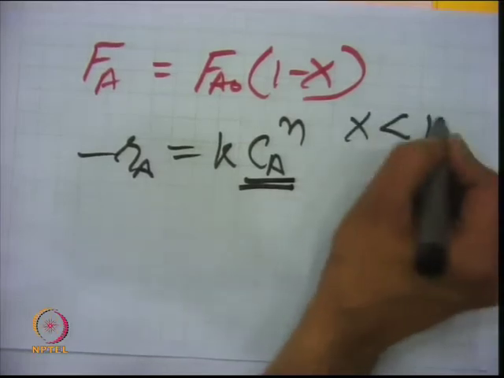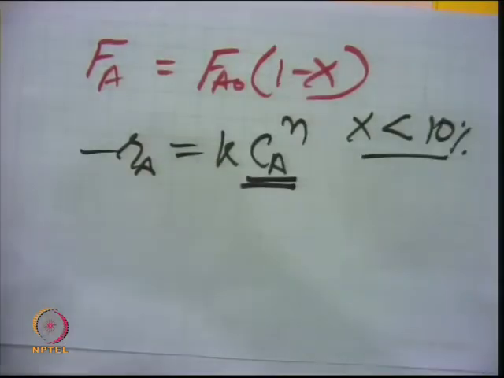So in the small zone, when x is less than 10%, which is preferable for the design conditions, you can assume it like a CSTR. So from 0 to 10% the concentration variation is less. If heat generates, that dissipation will not be a problem, or the temperature gradient will not be too high. So the effect of temperature and the effect of concentration variation can be neglected under these conditions. One has to look at these when the kinetics of the reaction is to be studied.